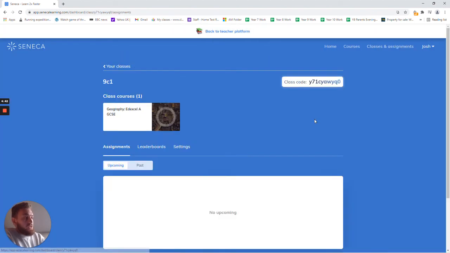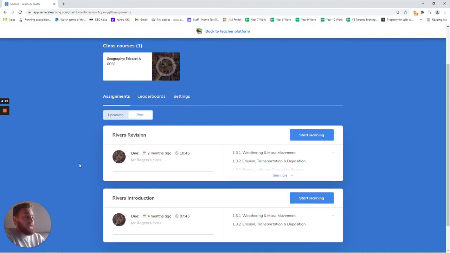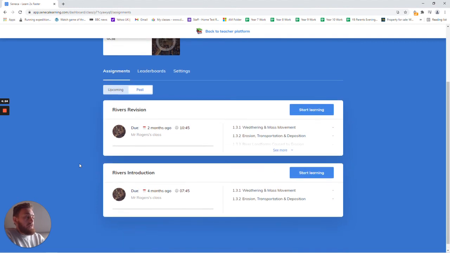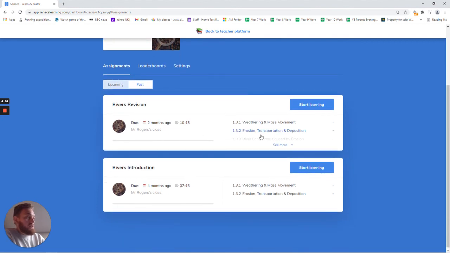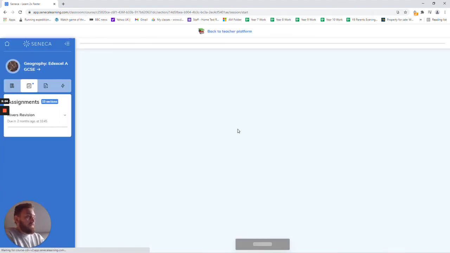So let's look at 9C1. Now I can see at the moment when I go into 9C1, I've got nothing assigned to me. My teacher in 9C1 hasn't given me anything yet, but I can go to past and I can see assignments that I've been set in the past. So 2 months ago we were set a revision on Seneca to do these units here. And let's assume this is a new assignment. You can click Start Learning,